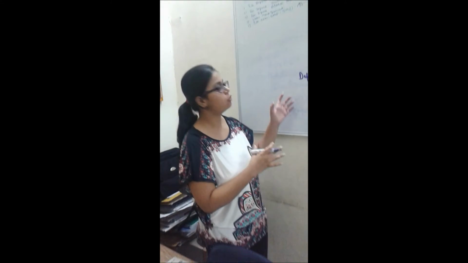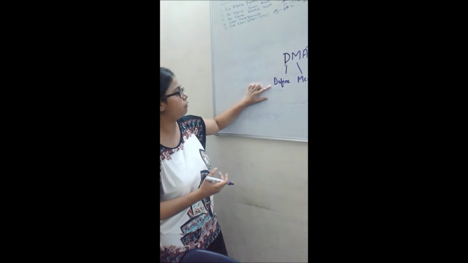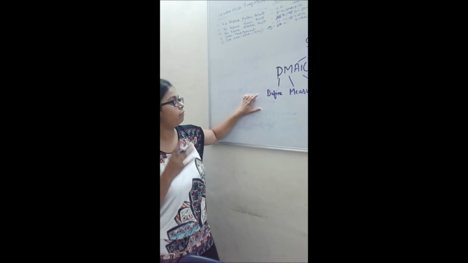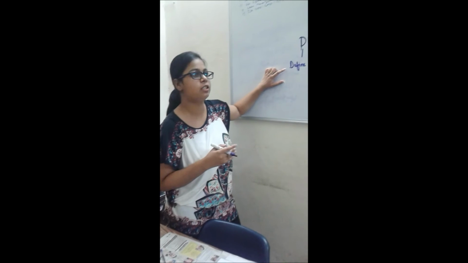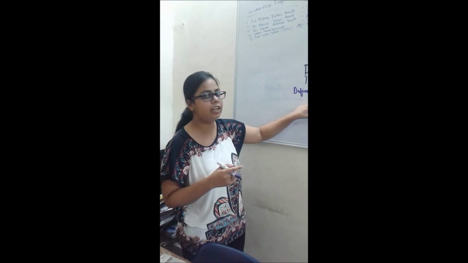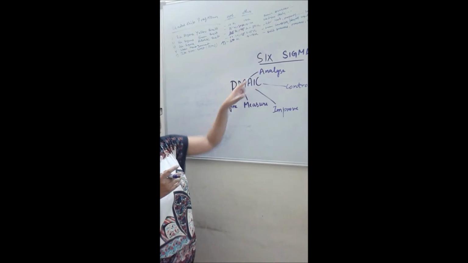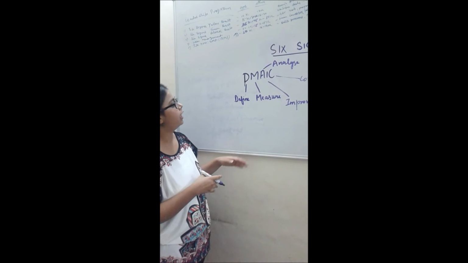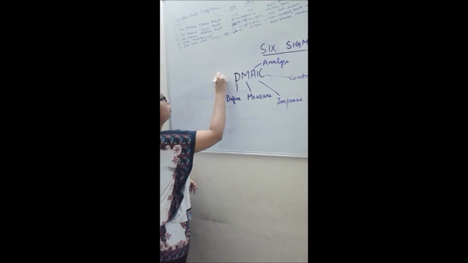So these are the various components of a DMAIC methodology, wherein we firstly need to identify the defect within the business process. Then we need to measure the intensity. Then finally we need to analyze the defect, like how the defect is, and then we need to improve and then control. So this is the first methodology.